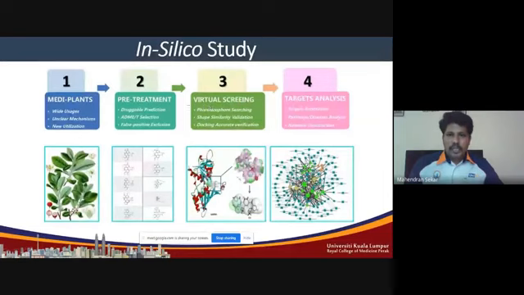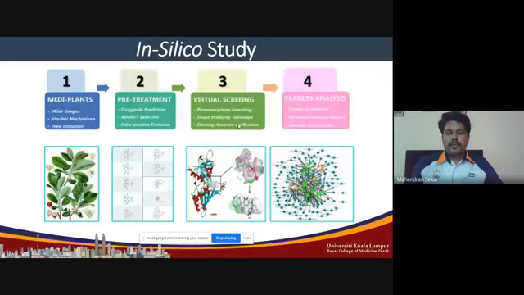This one, the third step. So here, what we do, there are three different theories that we have followed for this virtual screening. This is one of the important steps in the in silico studies. The first step in the third step is virtual target fishing based on pharmacophore. Then dual validation based on small molecule shape similarity theory.